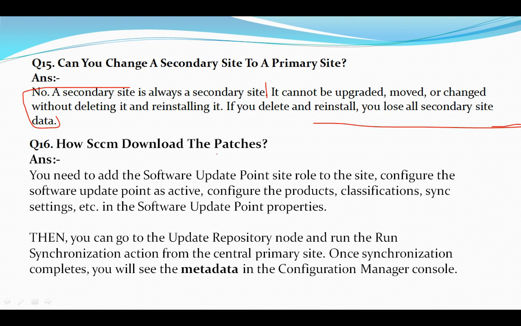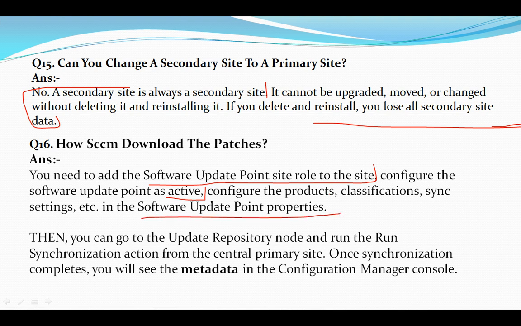Next question: how does SCCM download the patches from the internet to distribute to the clients? You need to add the software update point site role to the site first. Configure the software update point as active. Configure the product classification sync settings, so there are certain settings we need to do in the